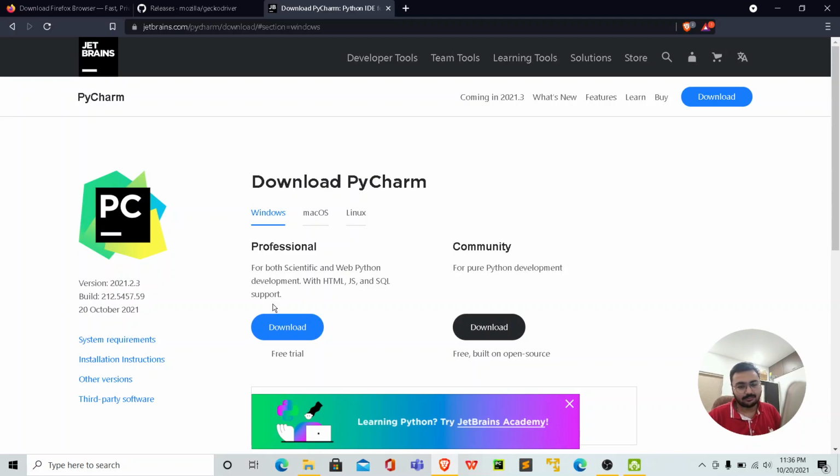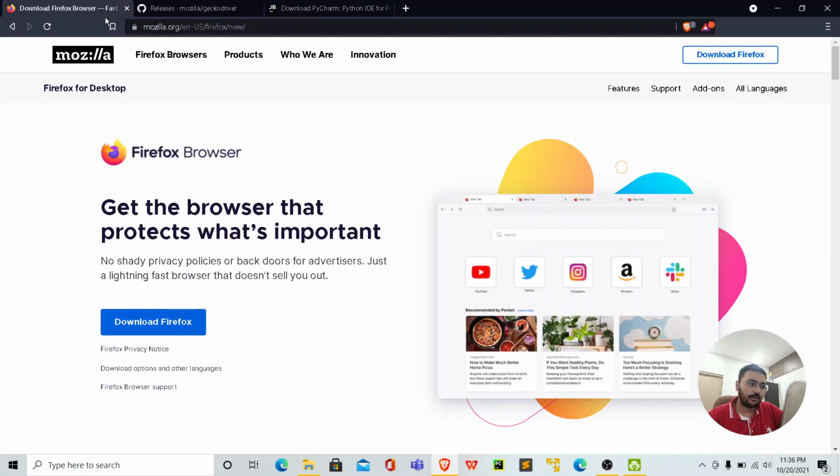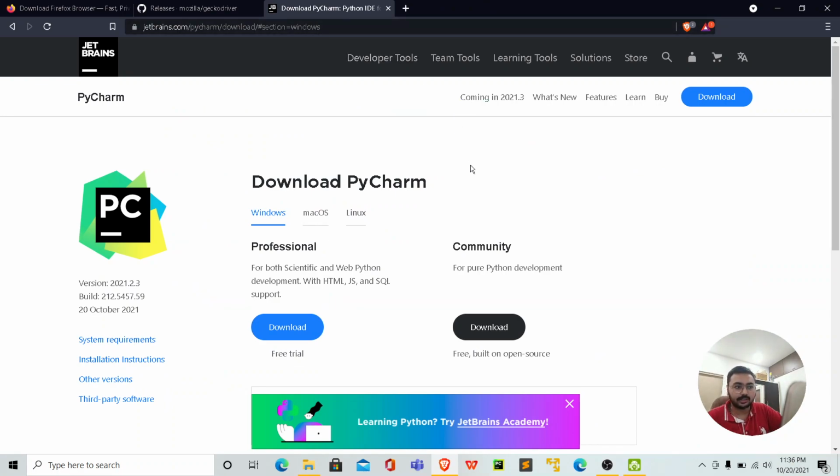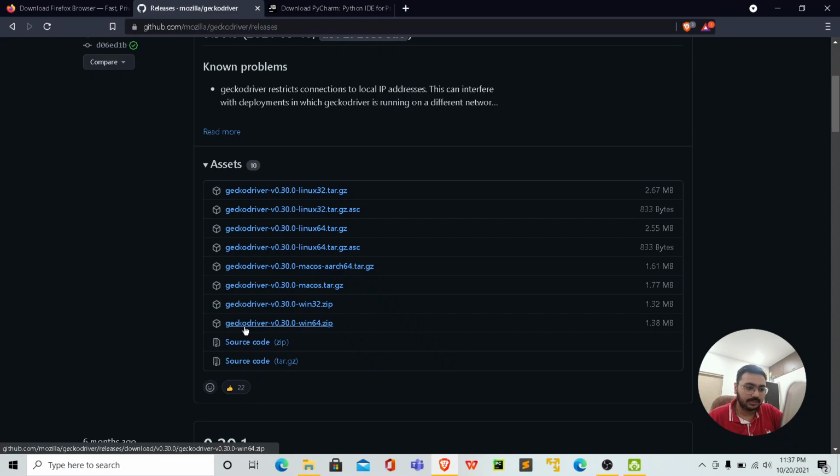Of course, they're providing the free trial with the professional version, but I would recommend the community version, which is all free. So why use any sort of professional tools if you got the community version free? So just download from here, and after that, install the Firefox browser. Then set up the PyCharm IDE, and once it is all done,